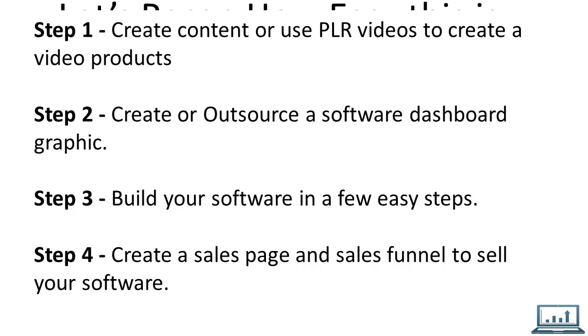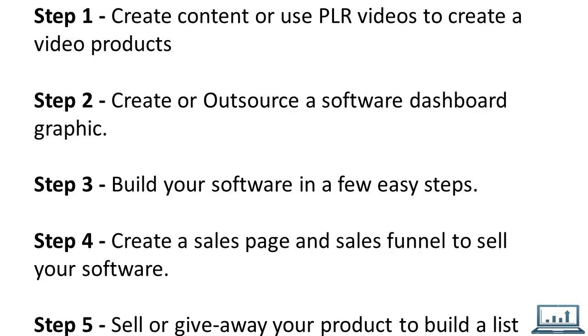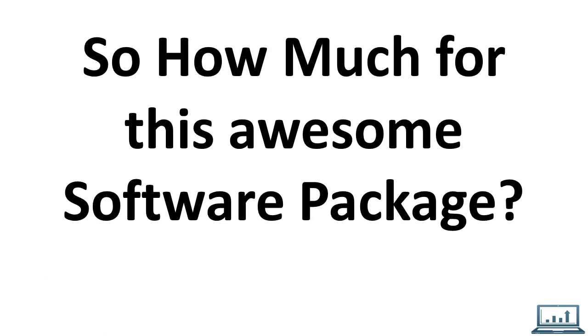You're going to create a sales page and a sales funnel, really stinking easy. It's just a process of putting it all together. You put all those steps together, and then you can sell or give away your product to build a list. Very easy. Remember when I showed you my offline software giveaway product, Dash? That one made $15,000, but most importantly, it sold 599 sales. That's 599 people on a list that I can sell to over and over and over again. That's how you become a top 3 vendor on Warrior Plus, by building a list. All right? Really easy to do.